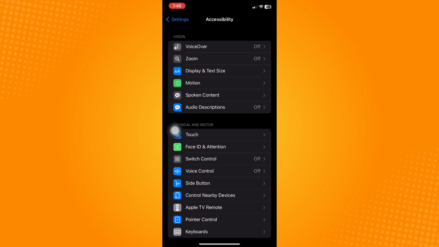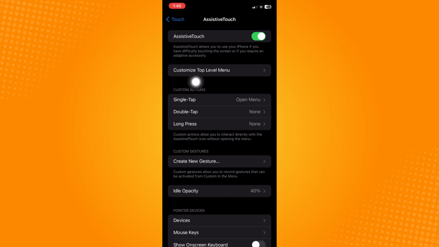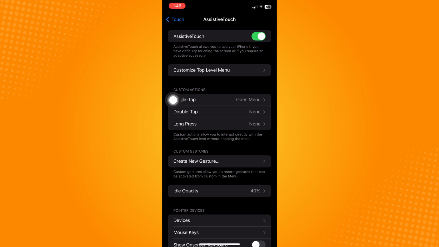So what you're gonna do here is to go here to your accessibility and click on touch. Now here on touch, you will see the first option here, the assistive touch is currently turned on. Now you may not have this button, so probably that is turned off. That's why you cannot see it here like this. Now, if you turn that on, if you tap on the assistive touch and then turn on the assistive touch